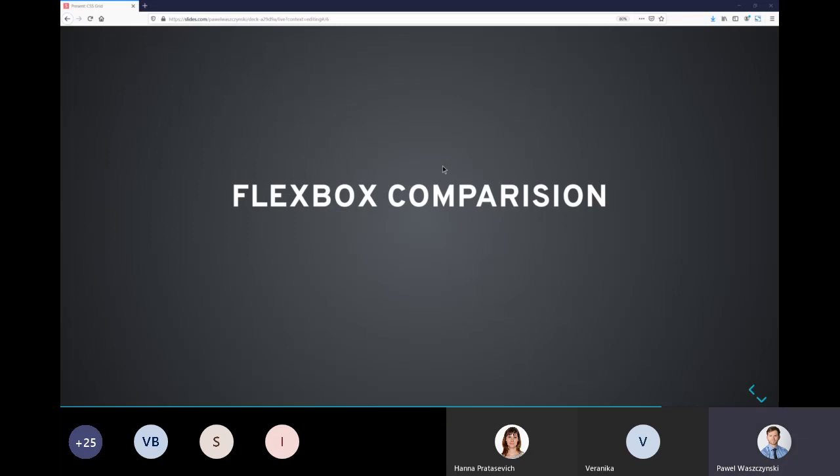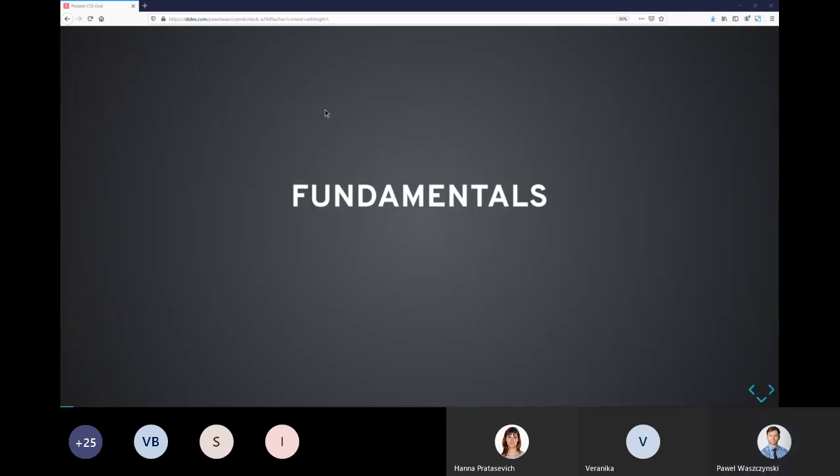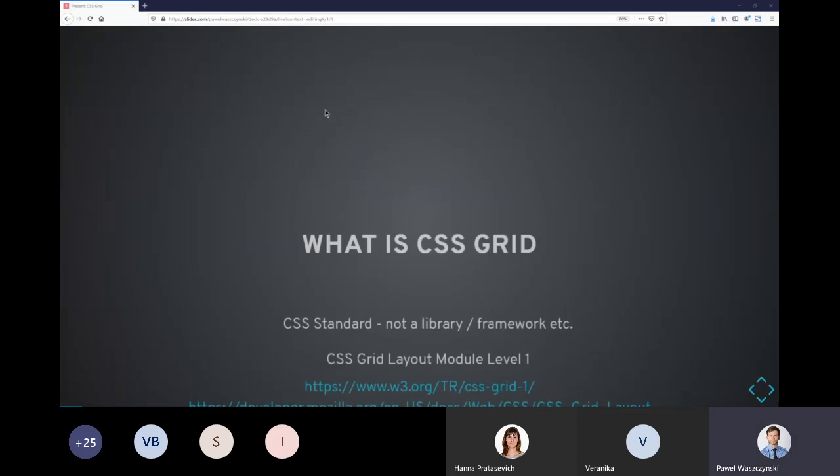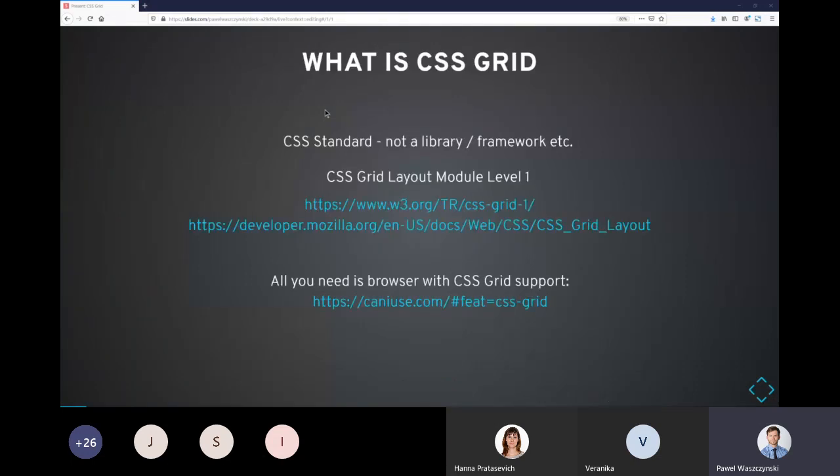Okay, so let's go back to fundamentals. The first question that is usually asked is what exactly is CSS Grid? I saw in the previous presentation about Flexbox that somebody asked this question in the chat. Is it a library? Is it a framework? I thought it would be useful to answer this question at the beginning. Basically, it's not a framework or library. This is a CSS standard